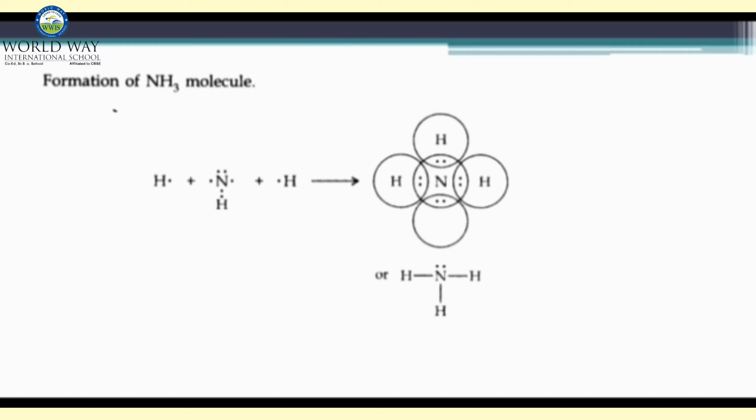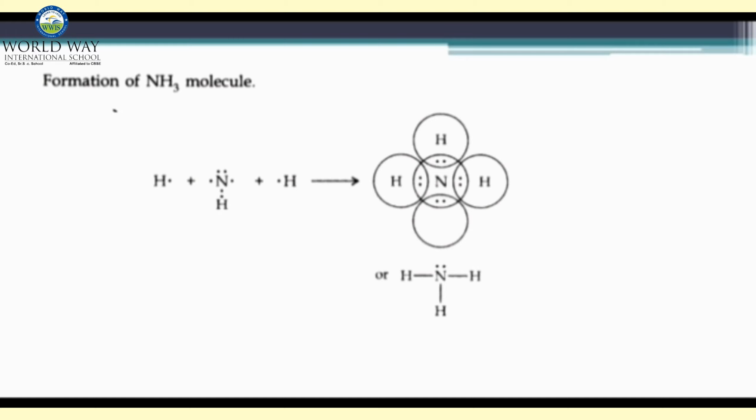Now we have taken the other example of a heteroatomic molecule in which two different kinds of atoms are involved in the covalent bond formation. The example is of the ammonia molecule, NH3. In this molecule, three atoms of hydrogen carrying one electron each get shared with the 5 electrons of the nitrogen atom. So a single bond formation takes place between each hydrogen and nitrogen as the central atom.